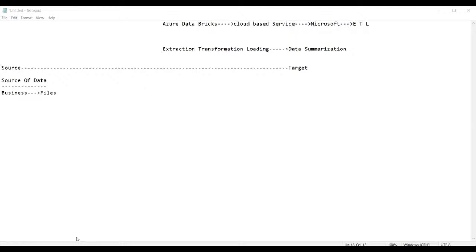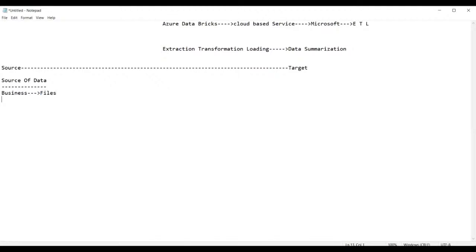Okay, sorry. So guys, we all work for the business only. Suppose you're working as a data engineer in the IT sector. That means you are working for a business, right? In fact, you will get the data from the business. From the business entities only we get the data. Am I right, guys? Whereas this data is recorded in the form of what? Files.